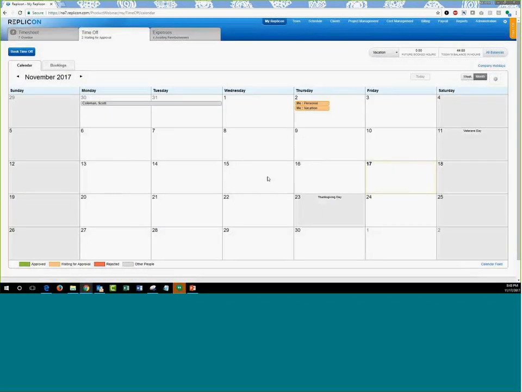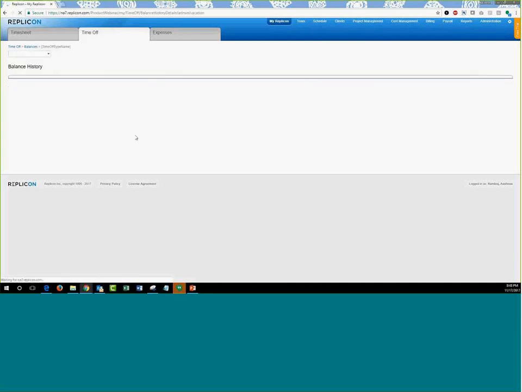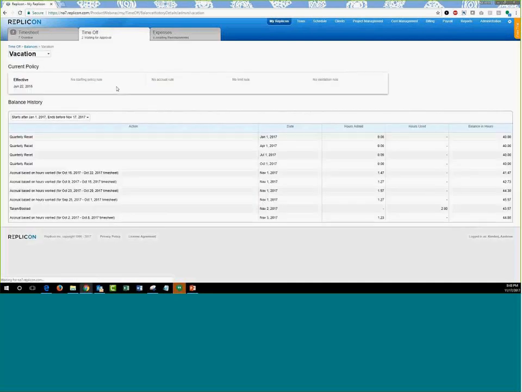The other way to have a quick look at your balances is the all balances section. So I'm going to click on all balances. And here I can have a quick look at all the balances that I currently have for each time off type. To move on, if I want to know the policy that's been assigned, I can just click in here, and I can have a quick look at the policy that's been assigned to me.